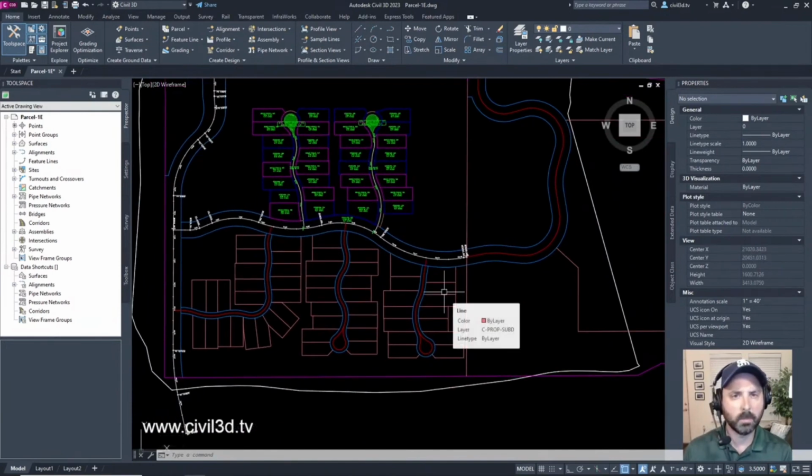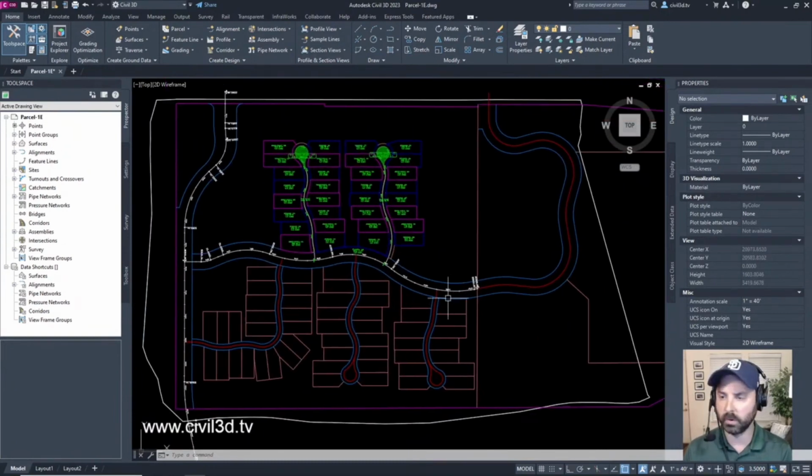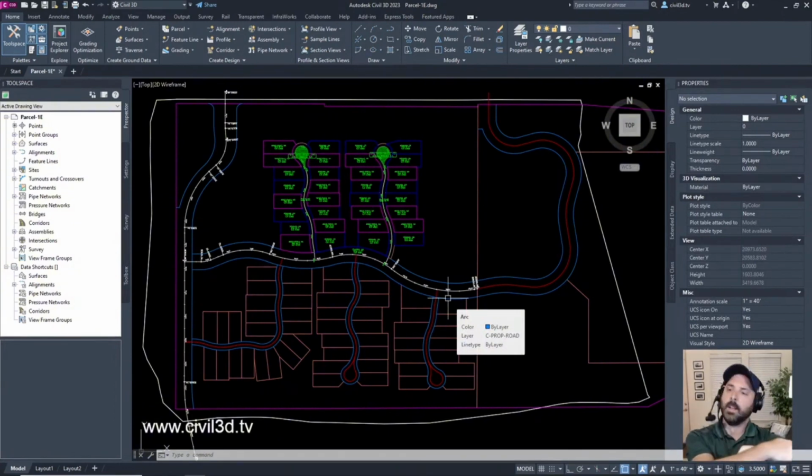We're roughly at about a half hour right now. I think we're probably going to go for about an hour just to knock out a few tutorials just to problem solve. That's what we're doing right here, Sammy. We're problem solving, trying to figure out how Civil 3D works effectively.